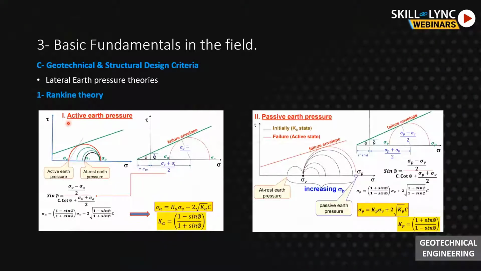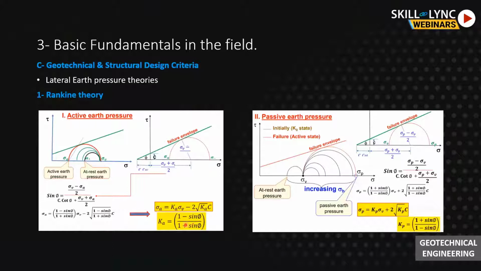How we can calculate the earth pressures. Currently, the two most used methods are Rankine and Coulomb. First we can discuss Rankine. In Rankine, the lateral earth pressure coefficient K active will be equal to 1 minus sin phi divided by